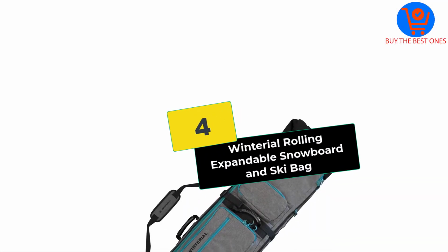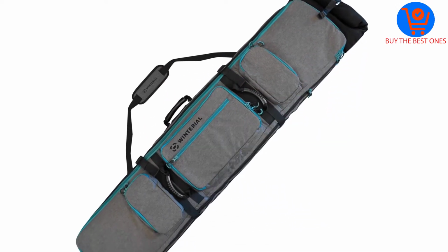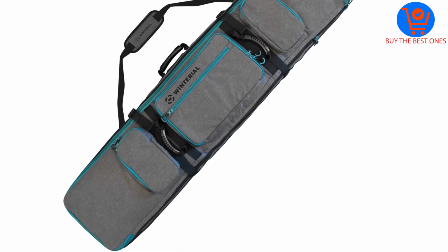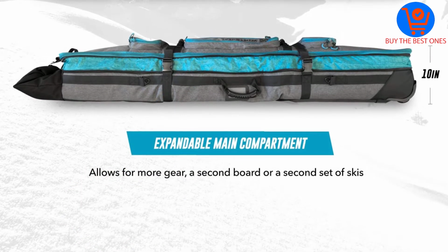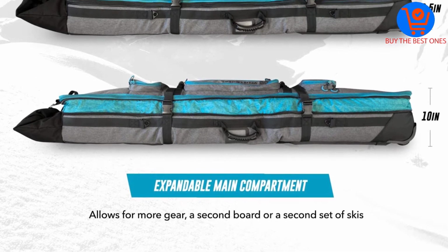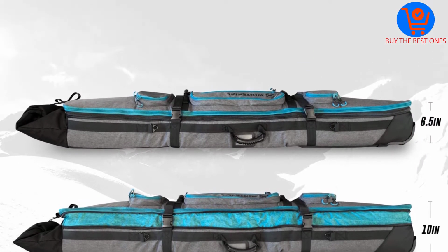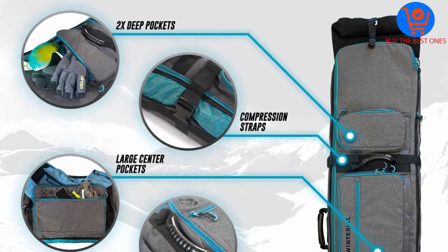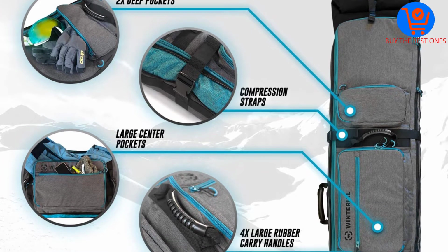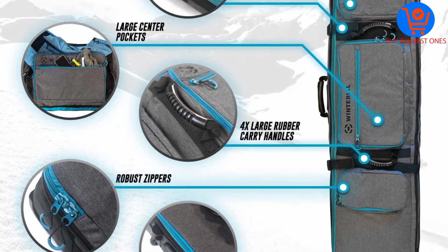Moving on, at number 4, we have the Winterial Rolling Expandable Snowboard and Ski Bag. The Winterial Rolling Expandable Snowboard and Ski Bag is an exceptionally versatile option offering ample padding and an abundance of storage space and organization potential. Able to expand from 63 to 73 inches in length, this board bag can accommodate a wide spectrum of board sizes, making it a great option for a growing child or teen who's bound to grow out of their current